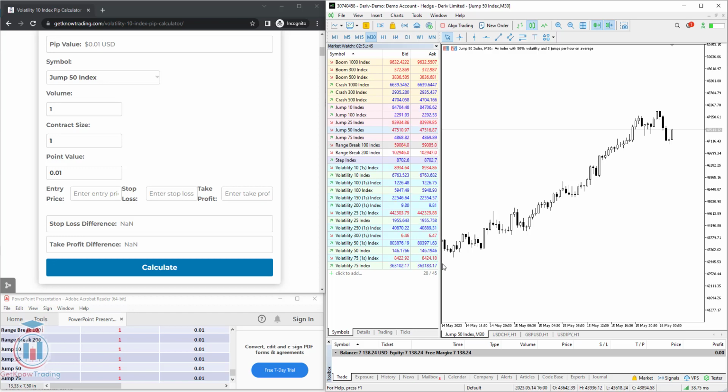In this video lesson, I will show you what the Jump 50 Index Pip Calculator is and how to use the Pip Calculator to get the value for a pip, to calculate the stop loss and the take profit in US dollars. Here on the left side you have a Pip Calculator, and the link for this Pip Calculator you will have below in the description. On the right side you have a Jump 50 index chart inside the MetaTrader 5 trading